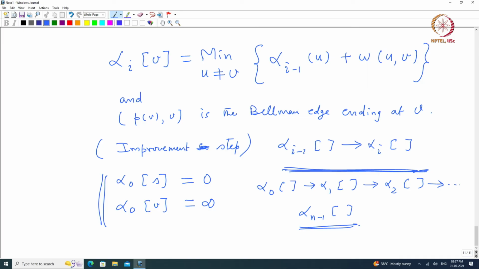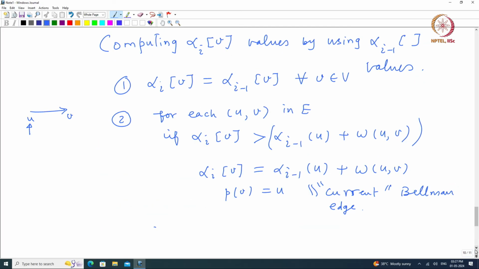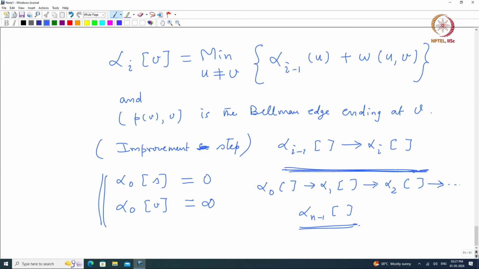The improvement step that we have shown here tells you how to go from alpha i minus 1 to alpha i. So from alpha 0 you go to alpha 1 and you stop at alpha n minus